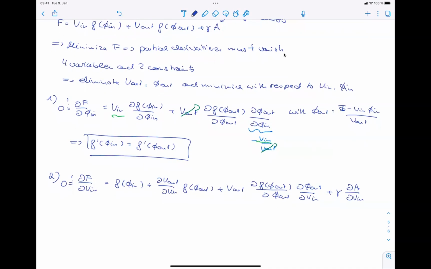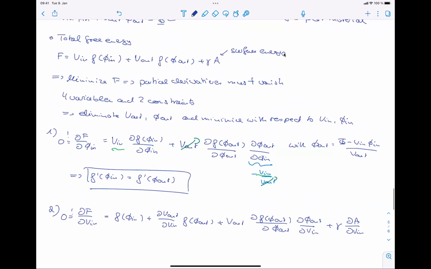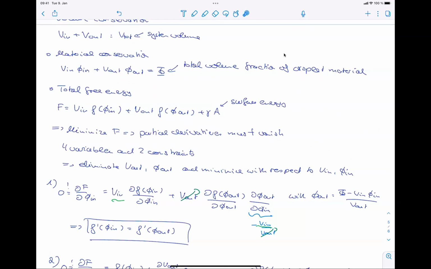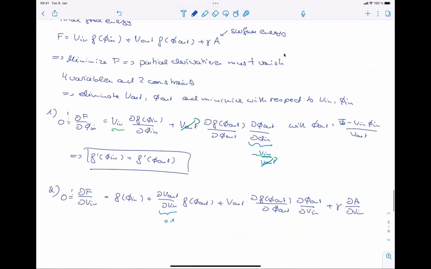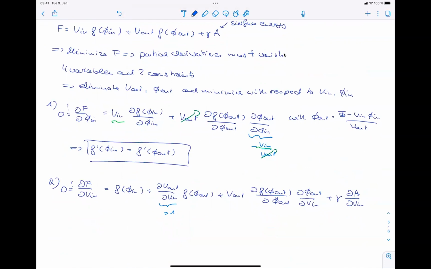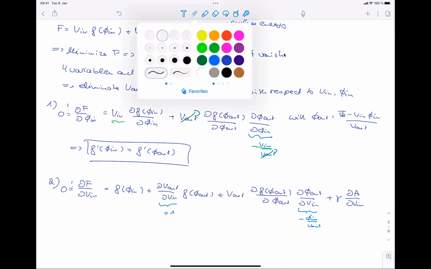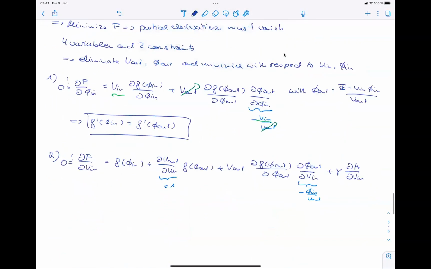So dV_out over dV_in, that's easy. That's a 1. And V_out versus V_in, this one, we had, that's minus phi_in V_out. So we find